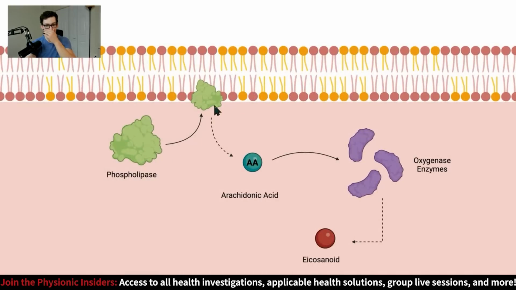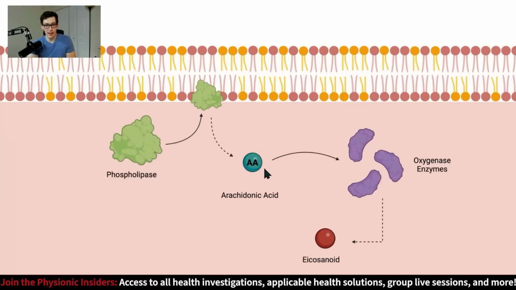You still have the binding of phospholipase, but there's less binding of phospholipase to these phospholipids because it's impacted by the structure of the phospholipid. I suppose I should have explained that the phospholipid is partly made up of fatty acids, the fats that omega-3s are. So if you have a phospholipid made up of other polyunsaturated fats or saturated fats, that would attract more of the phospholipase. If it has more omega-3 incorporated in that phospholipid, you see how this one is kinked slightly. That's the idea, that this chemical structure slightly changes in such a way that phospholipase is no longer attracted to the cell membrane and therefore has less of an opportunity to bind